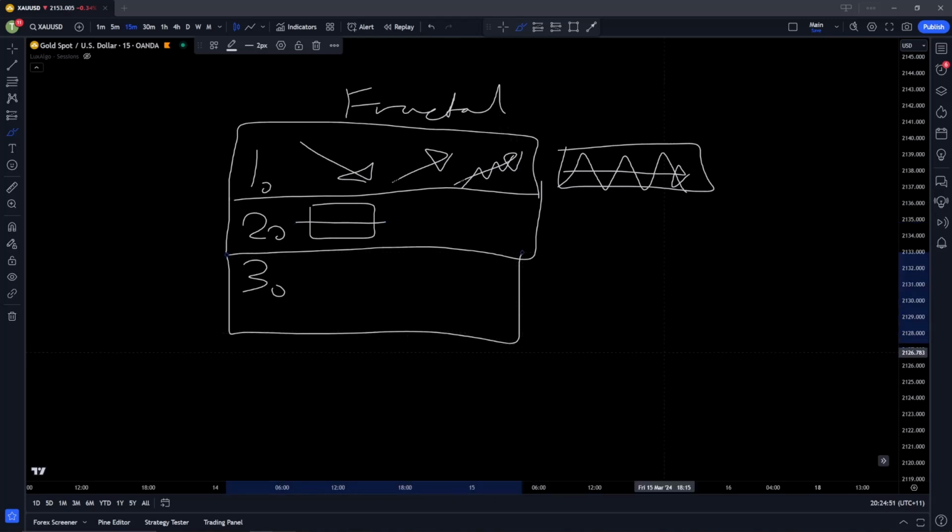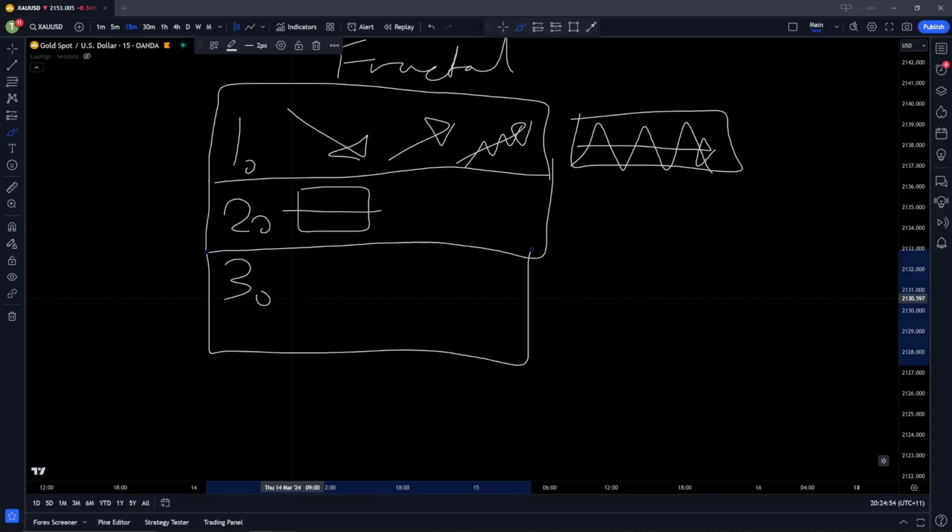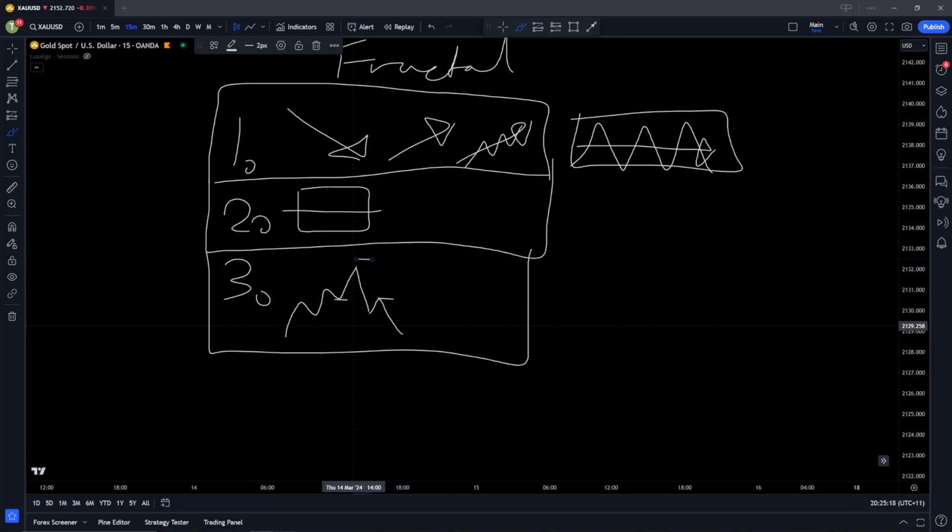Step 3 is just an entry model. There's lots of different entry models. I've used tons of different ones. I found for me, this is the most consistent. When I said my win rate increased from 56% to 74%, it's because of mainly this entry model. So we're making higher highs, higher lows. We make a high, then we immediately break a low. Have a shift in structure. That's for sells. Enter, stop above the high, maybe target some lows. For buys, it's the inverse.